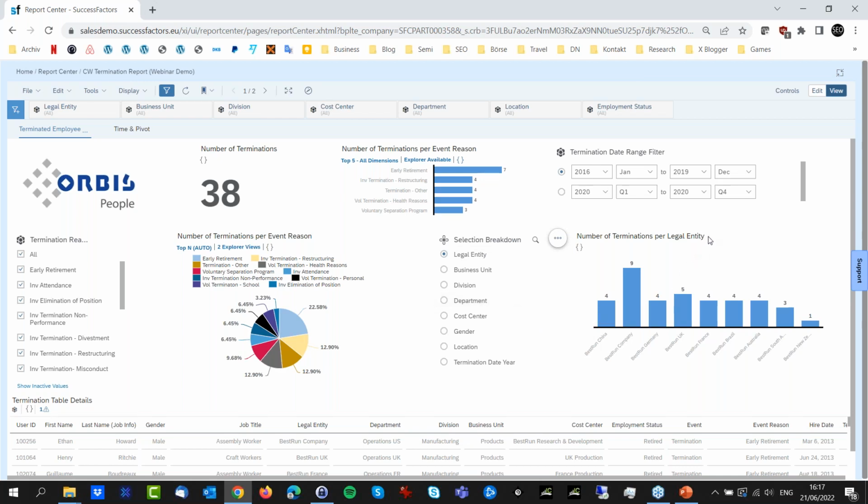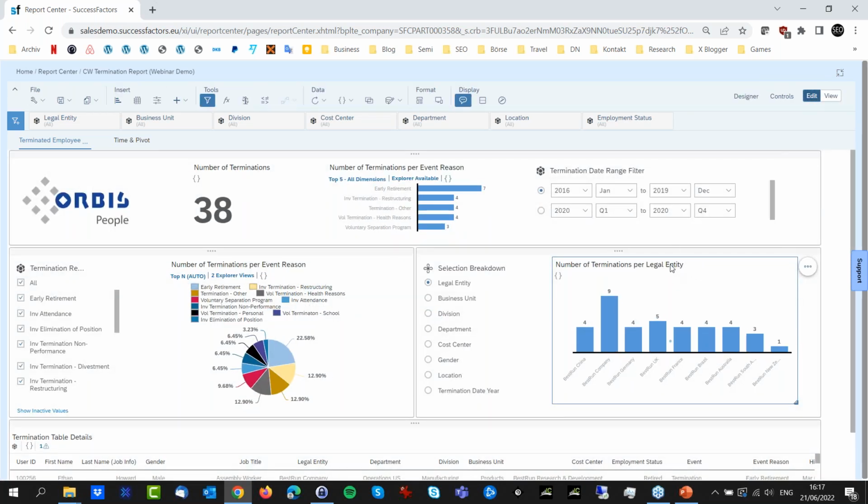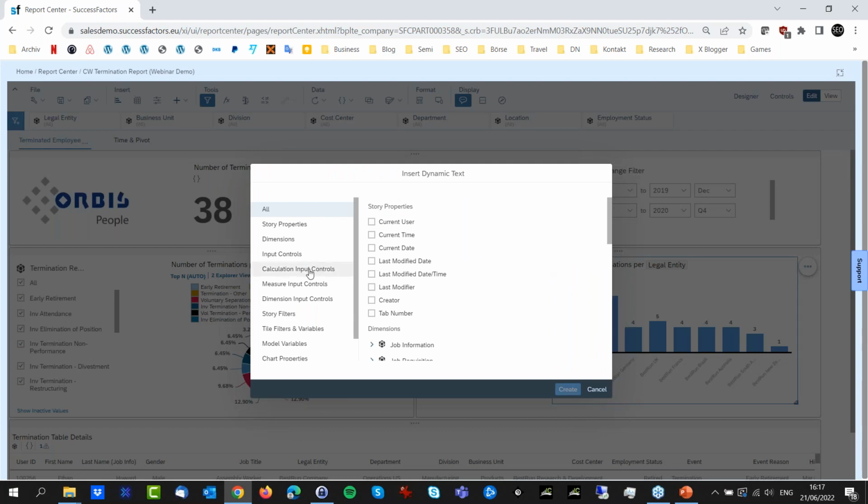Also, if you do that, you already see here in the headline that it automatically changed the header to number of terminations per, and then you can use a dynamic parameter. I will just quickly go into edit mode to show you. You see here, there was this little gray thing, and it's very easy to create headers with parameters. You maybe remember again in the Canvas reporting or on the Report Designer,